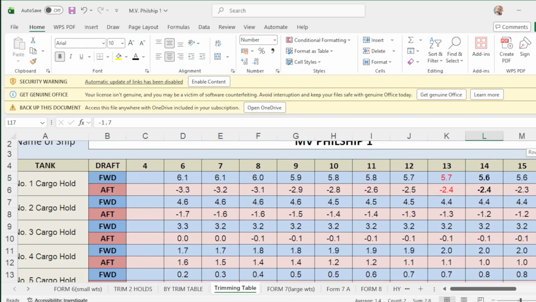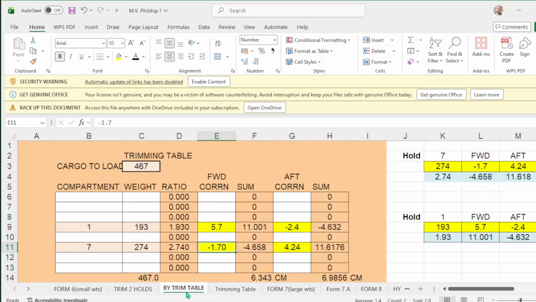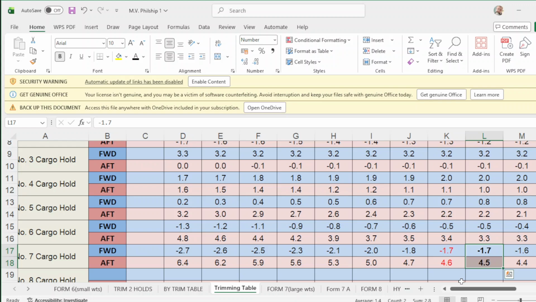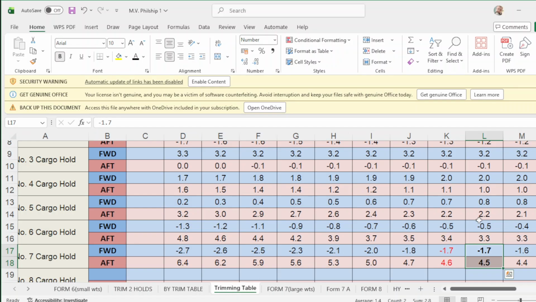Scroll down, go to hold 7. Hold 7 forward is negative 1.7. Put here negative 1.7. And up drop is how much? Up drop is 4.6. Okay, so put here 4.6. 5.7 is the forward, correct? Okay, 2.4.